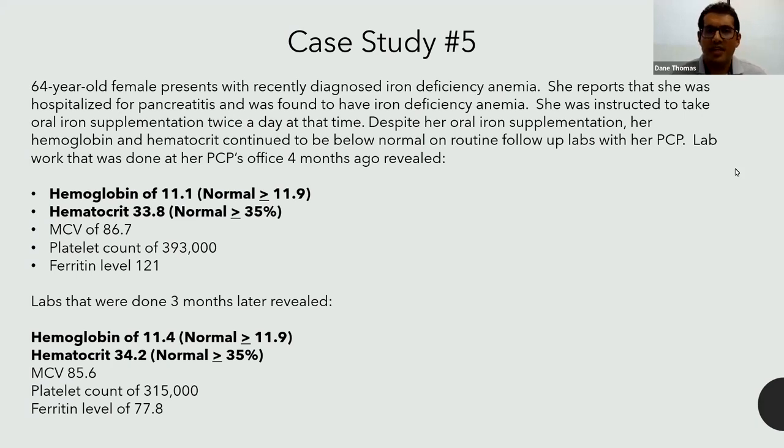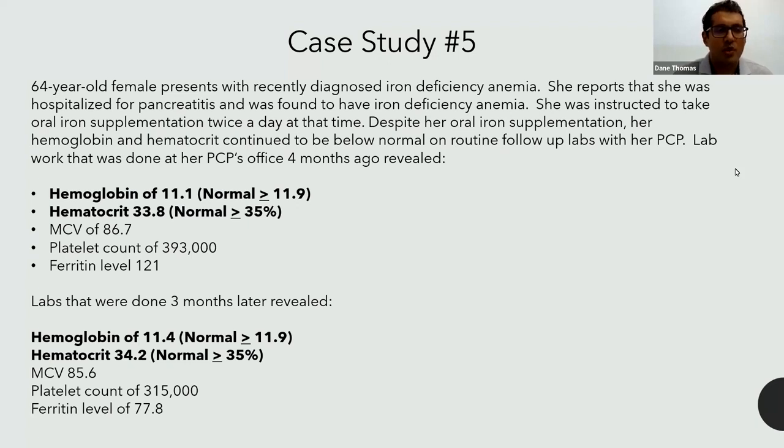So let's talk about another case study. A 60-year-old female presents with recently diagnosed iron deficiency anemia. She reports that she was hospitalized for pancreatitis and was found to have iron deficiency anemia. She was instructed to take oral iron supplementation twice a day at that time. Despite her oral iron supplementation, her hemoglobin and hematocrit continued to be below normal on routine follow-up labs with her PCP. Lab work that was done at her PCP's office 4 months ago revealed the following: